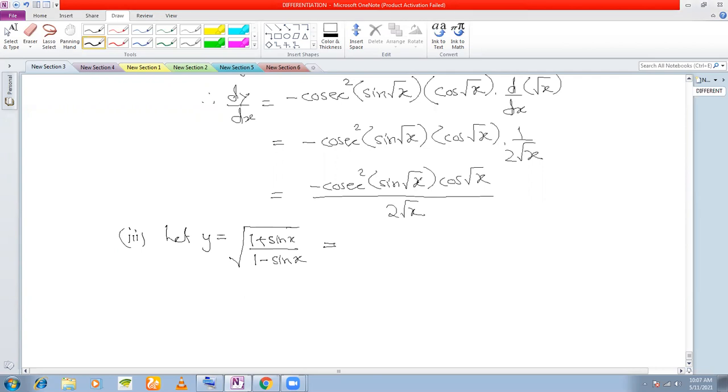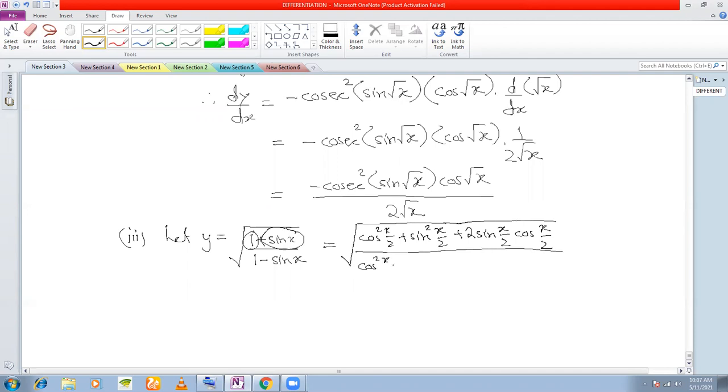So what you do, if you remember in your earlier class, I told you this one here can be written as cos square x by 2 plus sine square x by 2, right? And this sin x can be written as 2 sin x by 2 cos x by 2, by your sub multiple angle formula. And similarly in the denominator, you can write this as cos square x by 2 plus sine square x by 2 minus, which will result in a formula for perfect squares. This will become a perfect square actually.